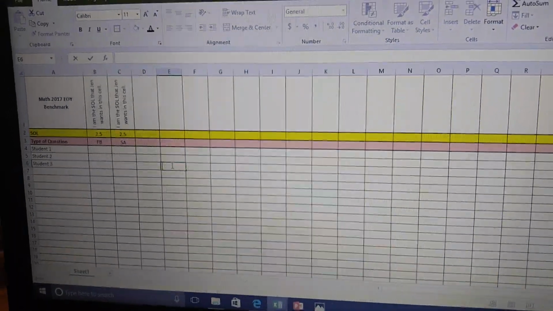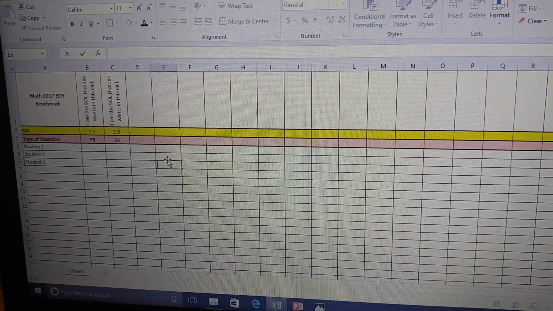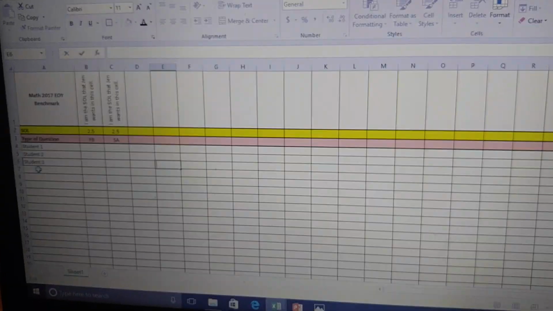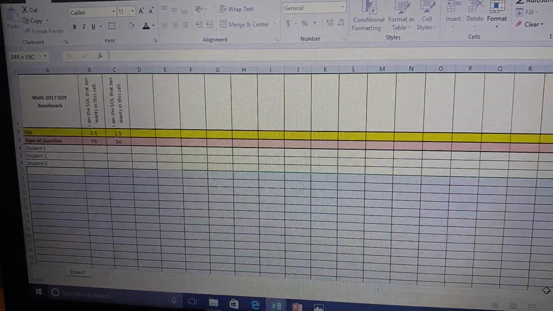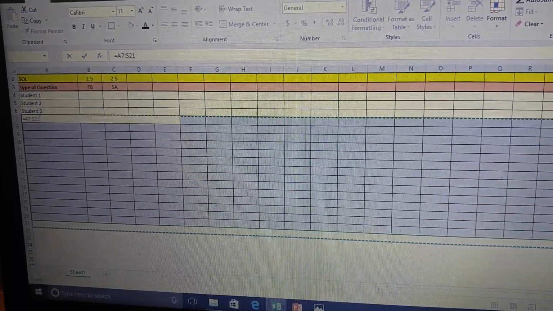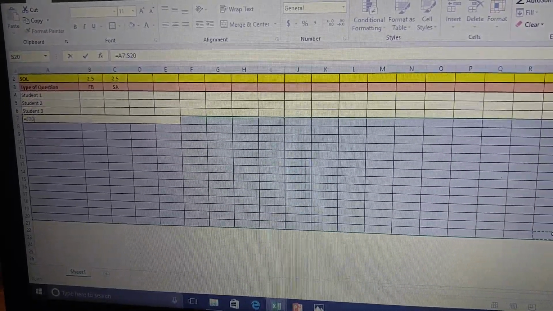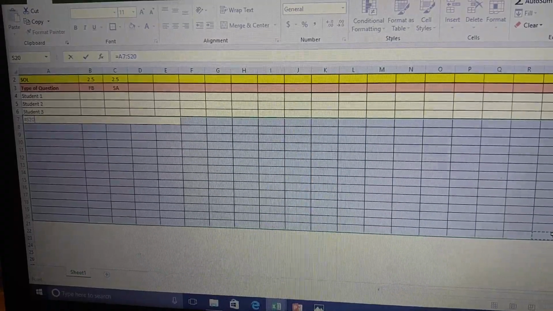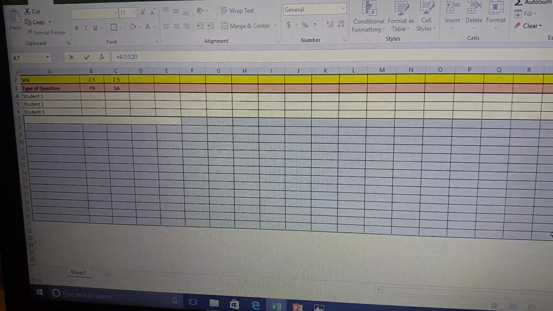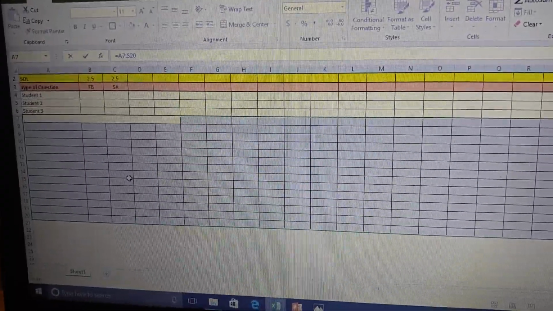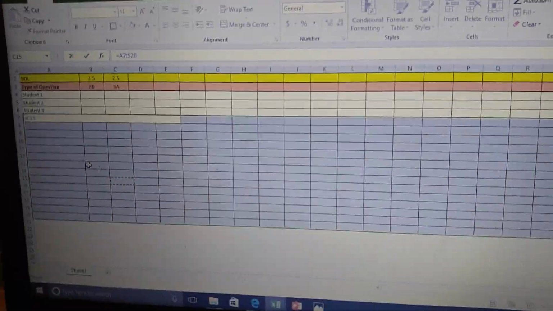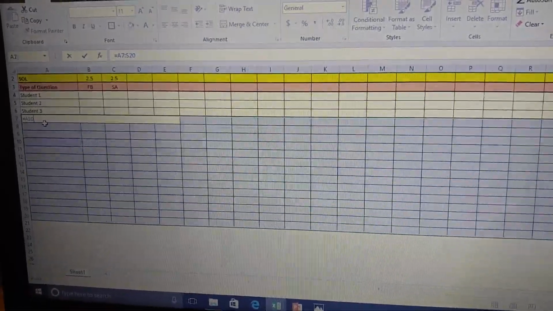First, let me say that there are many, many formulas that you can do in Excel, and I am certainly not showing you all of them. To be honest with you, I haven't learned all of them. I only use the ones that I know very well and that I think are relevant to us here. So what I'm going to do,